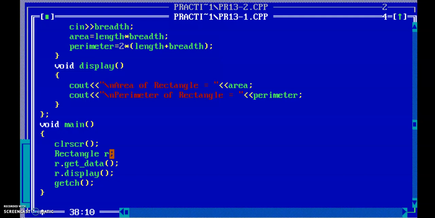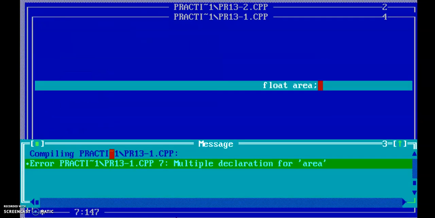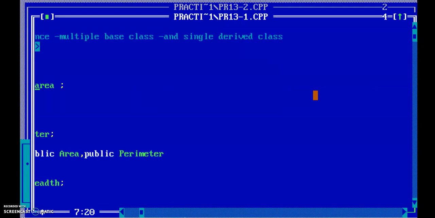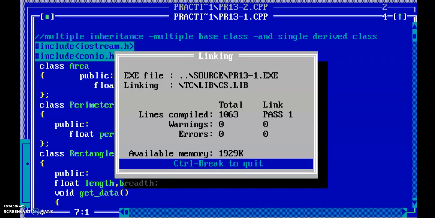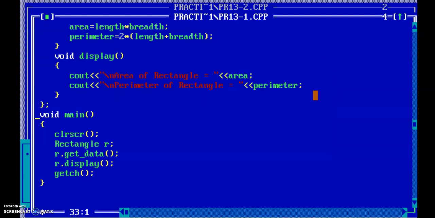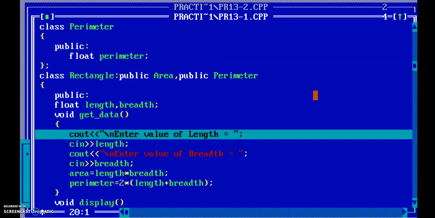That's it. So now we perform the execution of the program. Press Ctrl and function F7. Execution starts from main. Get data function.